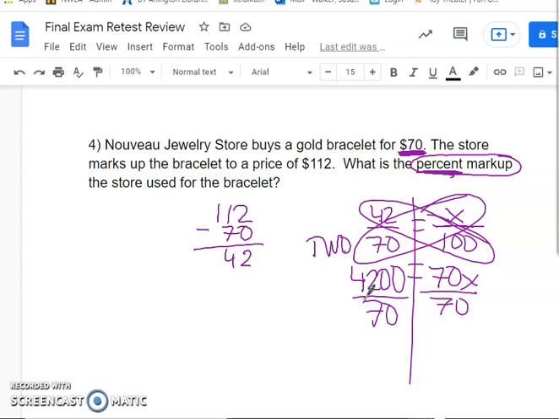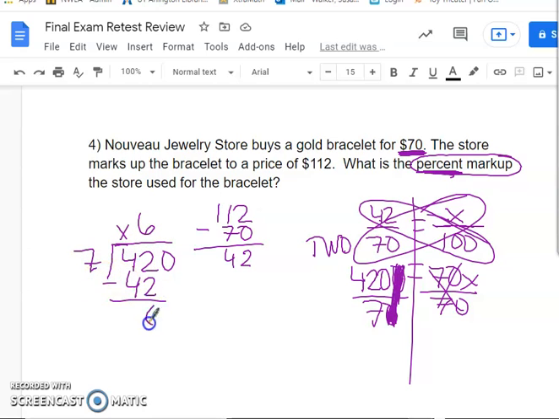Please, please, please show this beautiful work for me, okay? Now, when I go to divide, I would prefer doing this because there's zeros. If there's not a zero here and a zero here, guys, don't try to just randomly cancel out stuff, okay? This is basically dividing the top and bottom by 10. So now we're going to do 420 divided by 7. 7 into 4, 7 into 42, 6, 42, 0, 7 into 0,